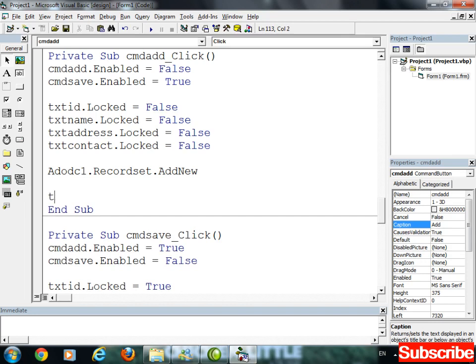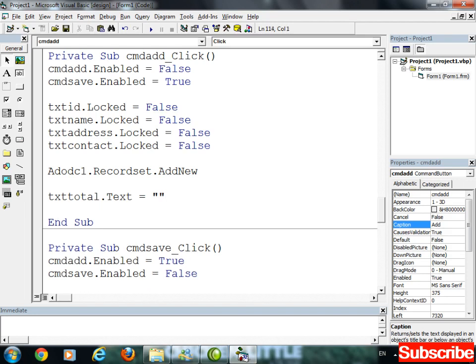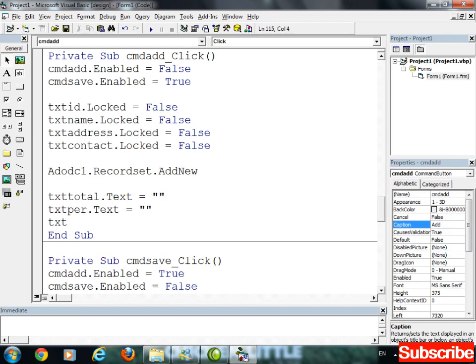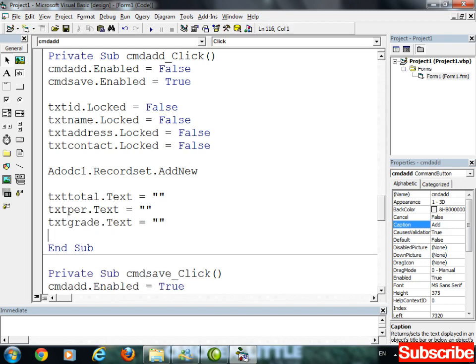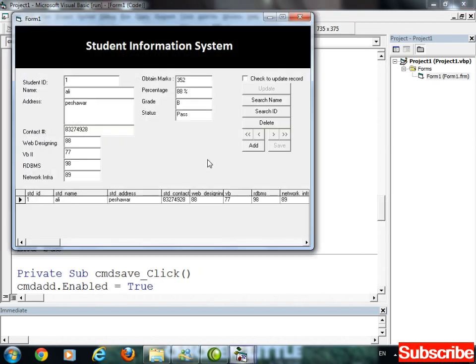Name of the first text box is txt total dot text equals nothing. Txt per dot text equals nothing. Txt grade dot text equals nothing, and the last one is txt status. Now start. We have cleared the text boxes.